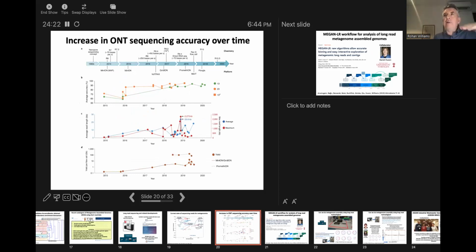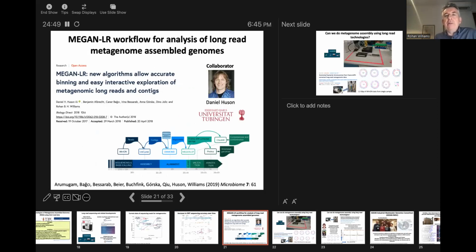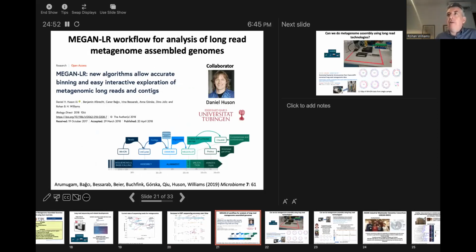And it's been an up and down situation. But now in 2022, the error rates are really very, very low. So this gives it a tremendous advantage. And we started working with Nanopore back, I think, in 2016. We did our first runs towards the end of September, October 2016, and I was very, very skeptical that this would work. And part of the reason for that was this high error rate.